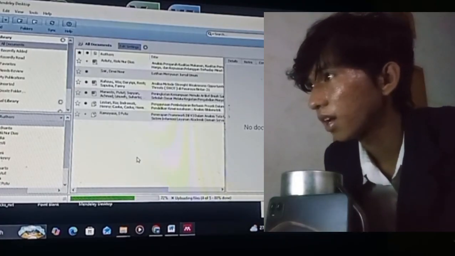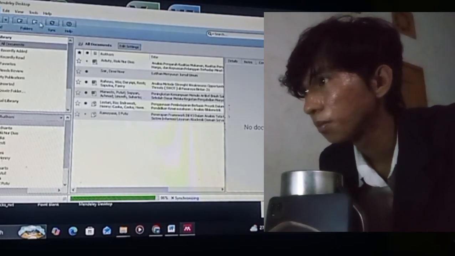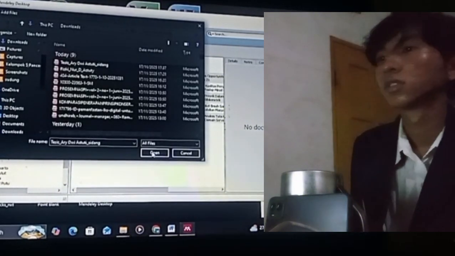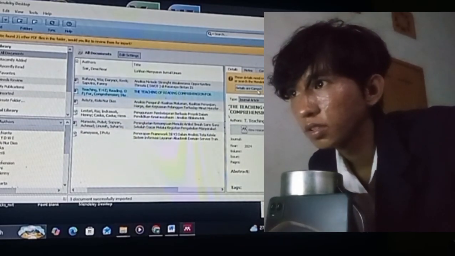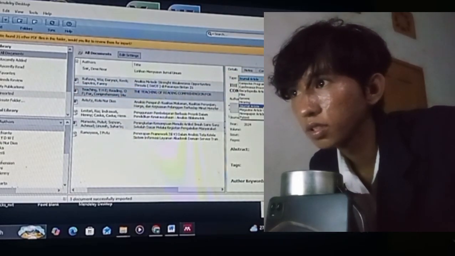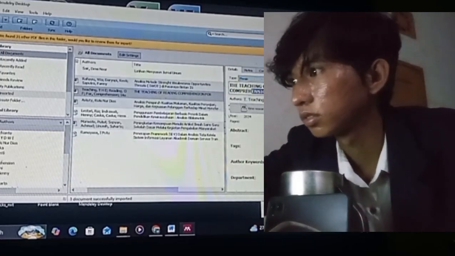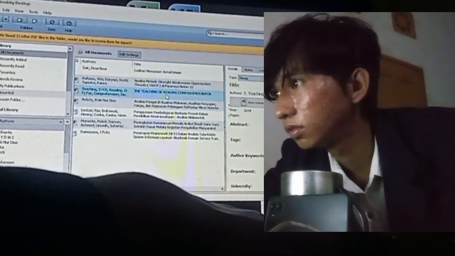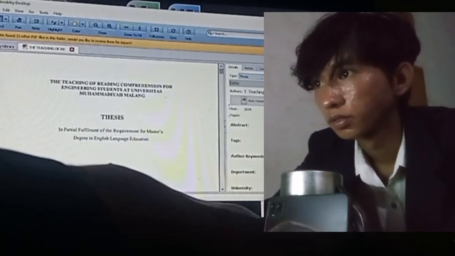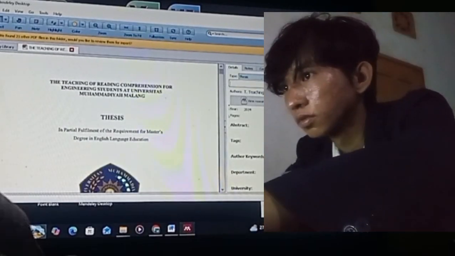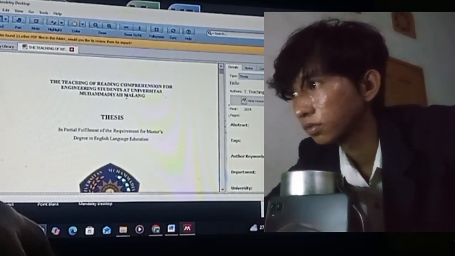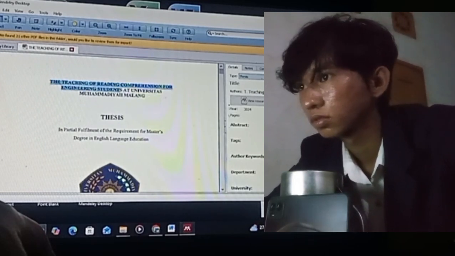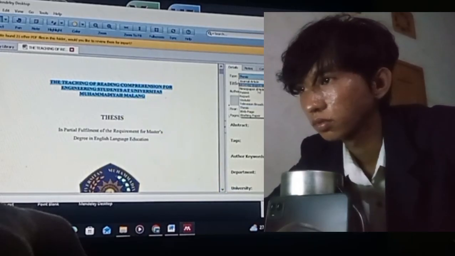So you need to open your file and pick your thesis. Change the type to thesis, and change the title.